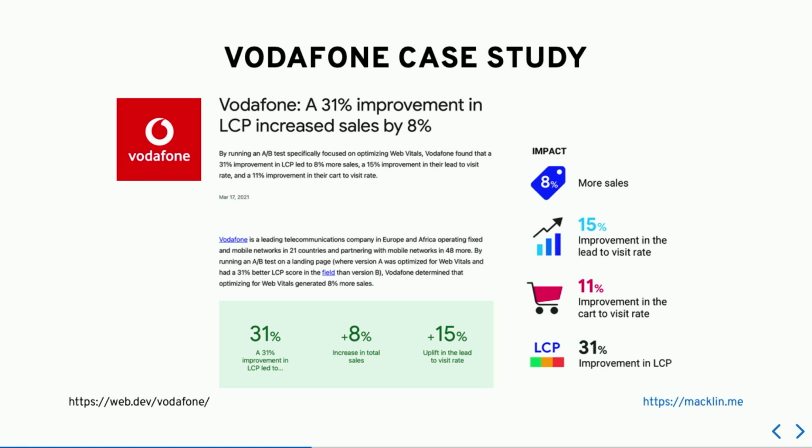And here we can see a case where we're actually tracking these metrics, and improving them can yield a better result. In Vodafone's case, they improved LCP by 31% and it increased sales. Vodafone's a large company, so if you're coming to a conference and were able to go back to work on Monday and convince someone of something, case studies like this are something you can take to your leaders in your workplace and say, hey, look, if we're able to focus on some of this stuff, we could return a good yield in some way.